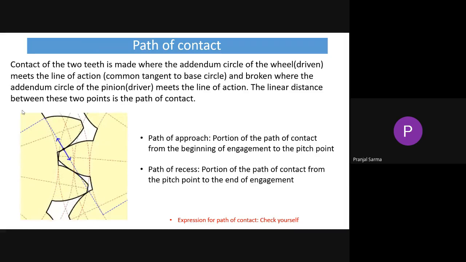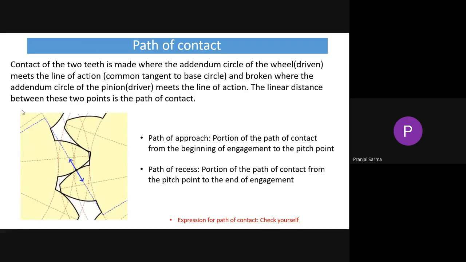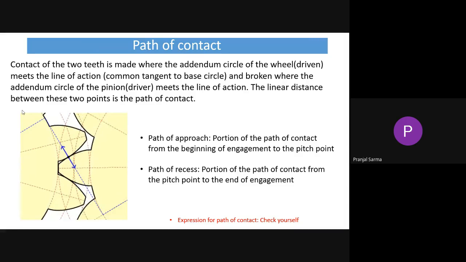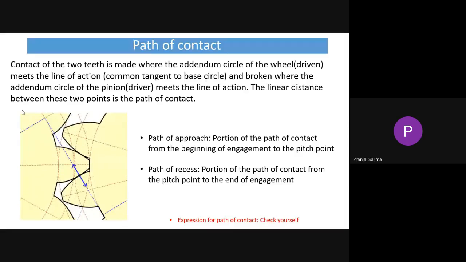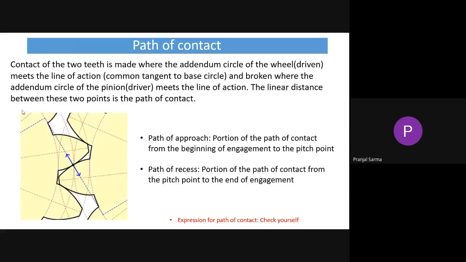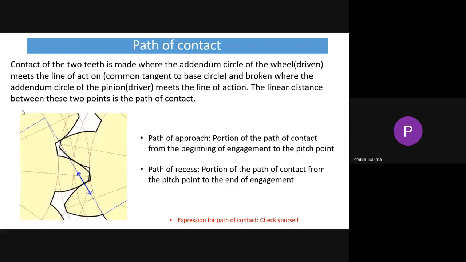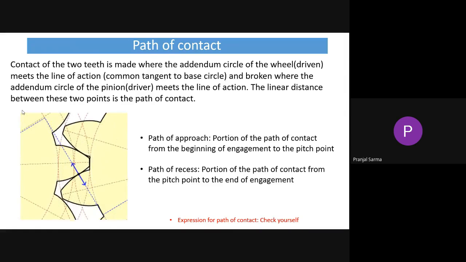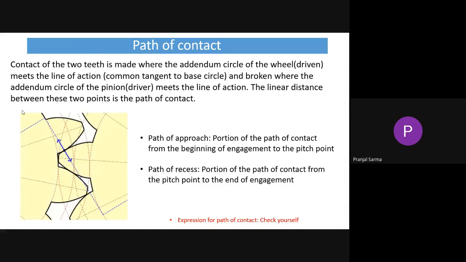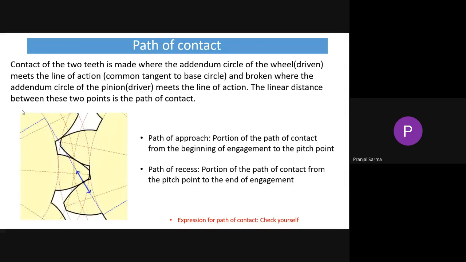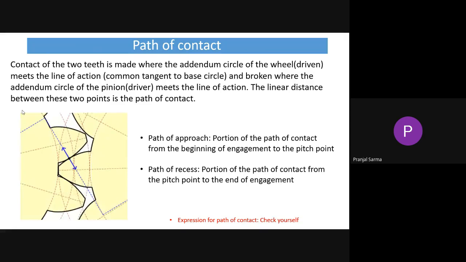As we know, contact is gradual in the case of these gears. The teeth of the two meshing gears come into gradual contact with each other. That means somewhere the contact will be made, and after some time somewhere the contact will be broken, and that somewhere has a name: the path of contact. Within that path of contact, we again have two portions which together make up the path of contact. So one, we have the path of